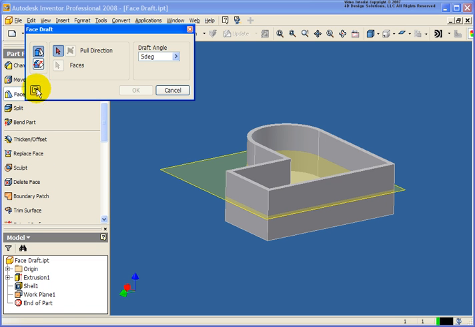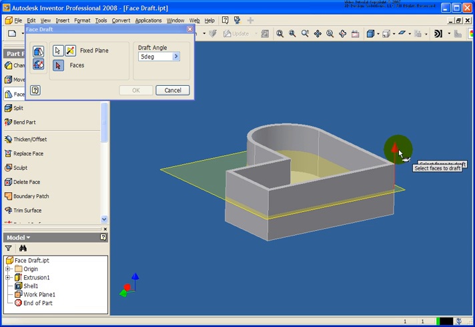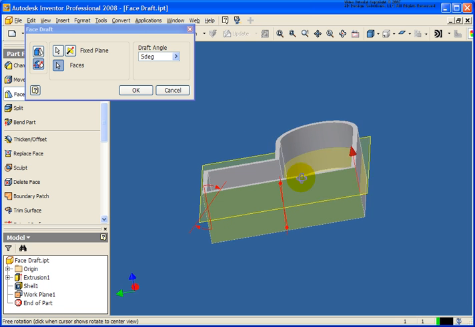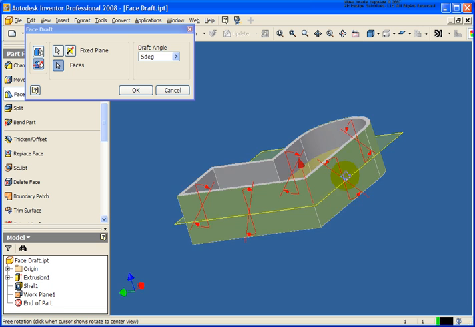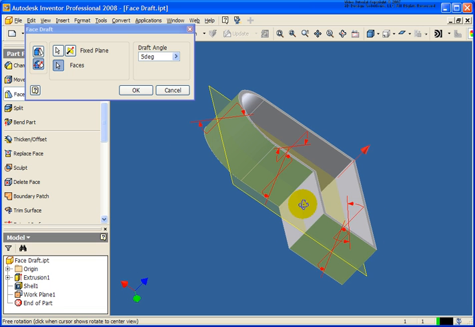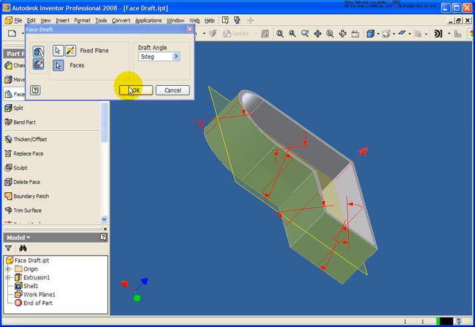Select our face draft tool. So our first option here was fixed edges. I'm going to go down here and select fixed plane. Now this plane can be any plane or face, or in my case here I'm going to select the work plane. Again, it's going to show me the direction, and that will help define the angle, if it's going to go in or out. Again, we'll keep the face draft at 5 degrees. And now for the faces, all I need to do is pick on the faces. It doesn't matter if I pick to the top or to the bottom. The only thing that really matters, am I selecting the inside or the outside faces? So now if I go ahead and click OK,